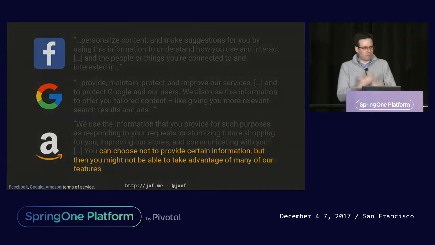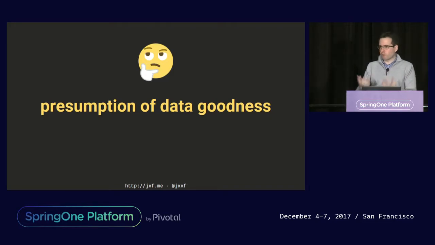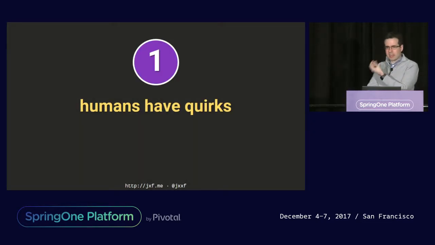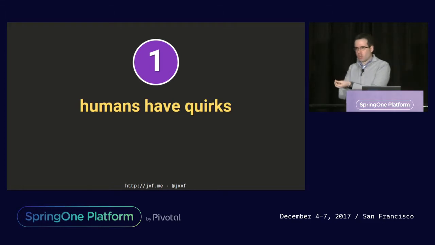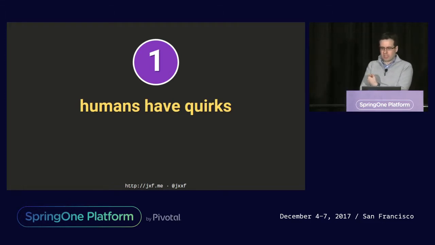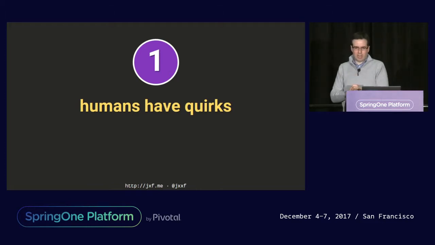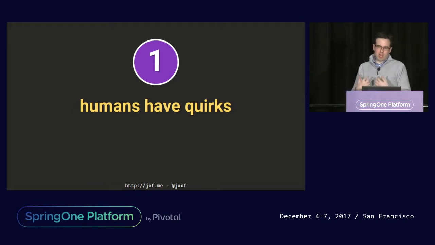So there's this presumption of goodness of data, and if you don't participate, you're going to be excluded from the benefits that accrue thereof. Again, there's a presumption that if it's not good, then at least it's not bad to have more data. And I want to challenge this by examining what it means for us to process